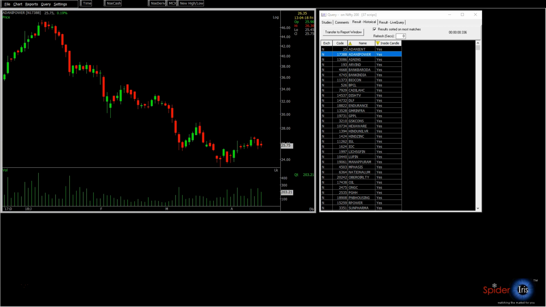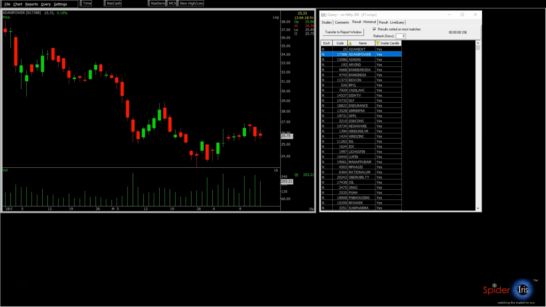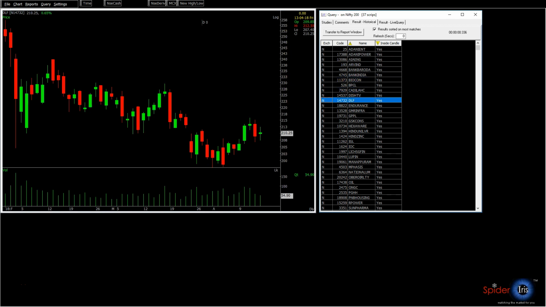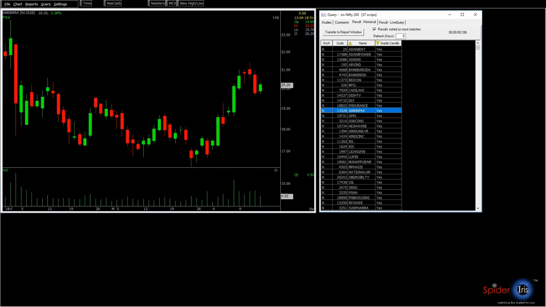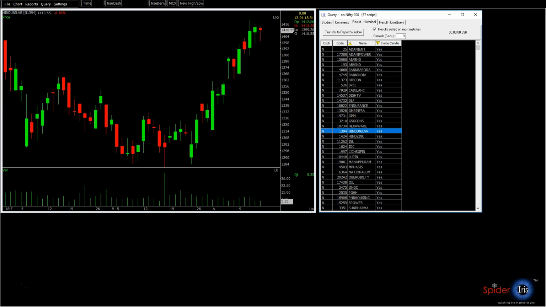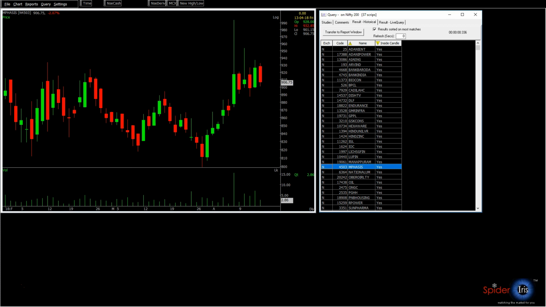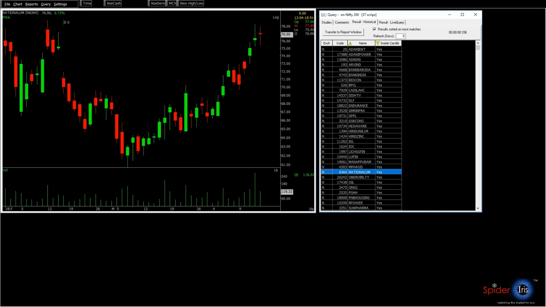So this is what I was mentioning about. These are the candles which have formed inside. Basically, on 13th of April, these were the list of stocks where we have the inside candle formation. The high and the lows are within the prior candle, which is also called the mother candle, right? So these are potential stocks where we can do trading on the next trading session based on the breakout